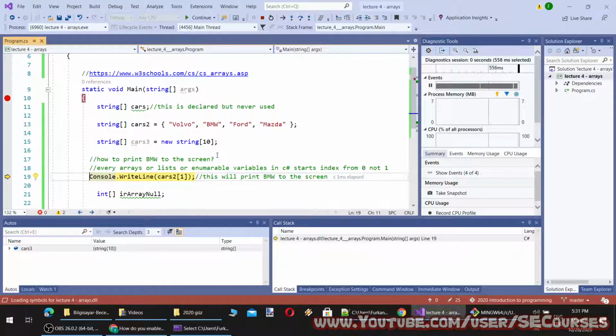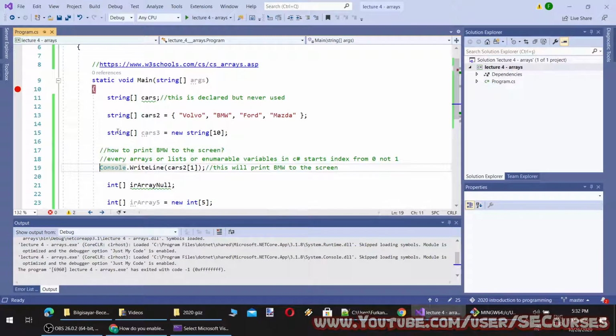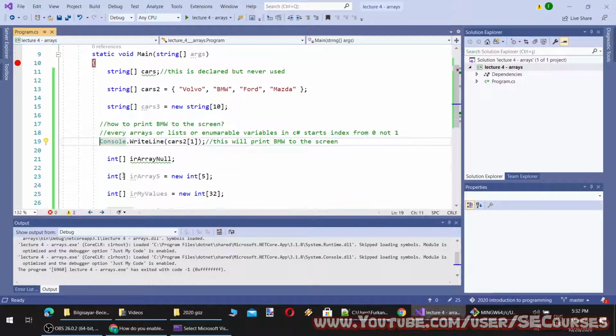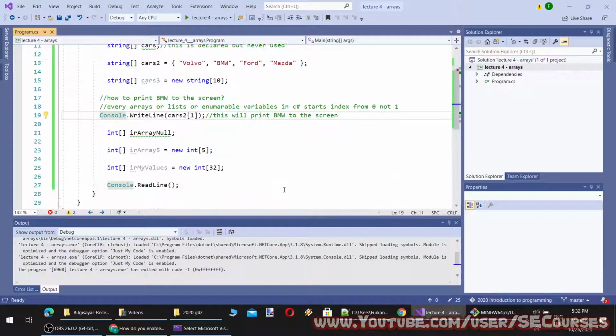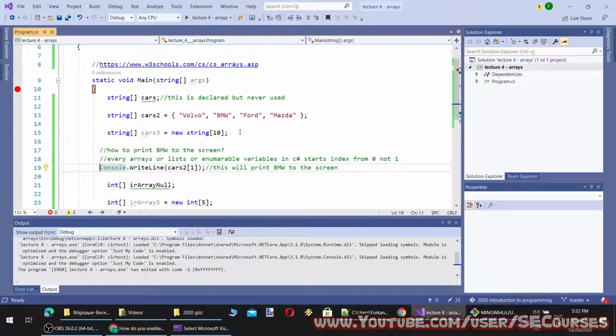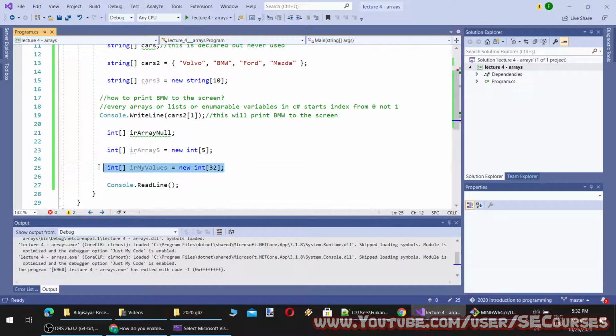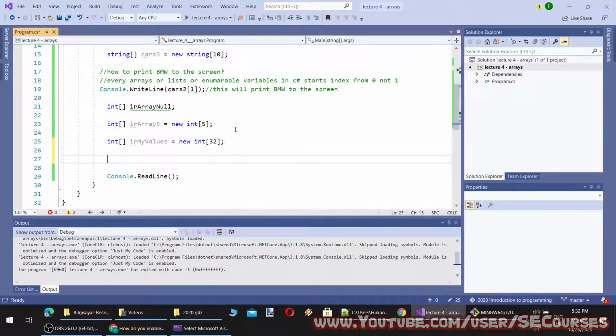However, if the object type you are using is not nullable, it is by default 0. We can see that all classes are nullable actually, and all structs have default values. You see, this is struct and this is class. We'll see about them in future. Don't worry about that. So this is by default null, and this is by default 0 because this is a number.